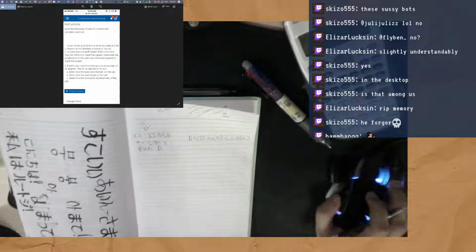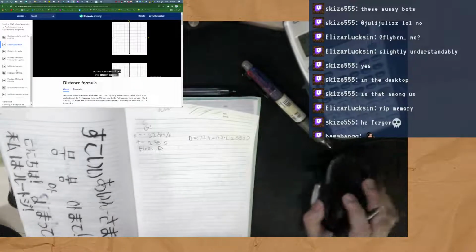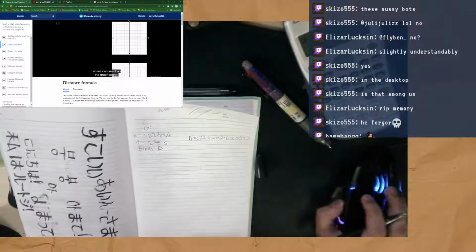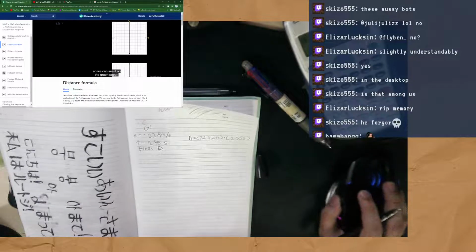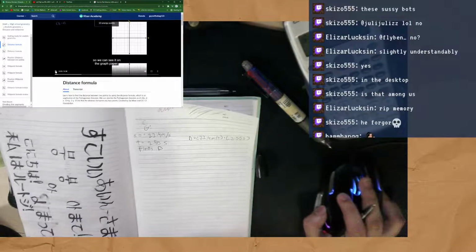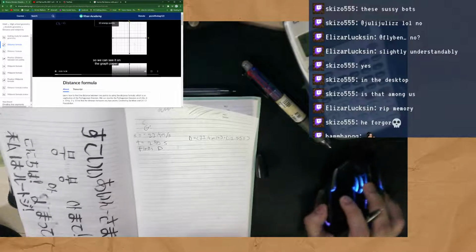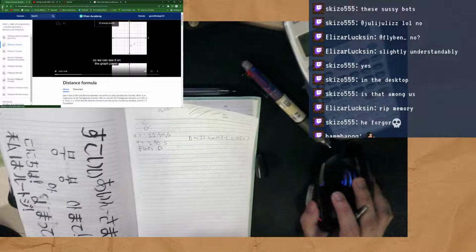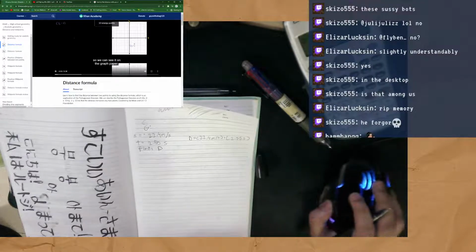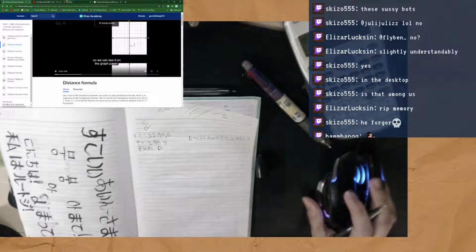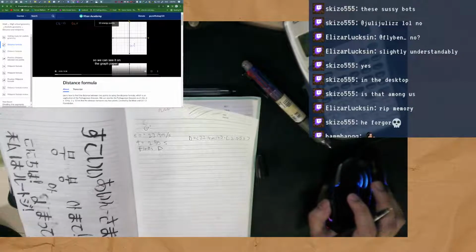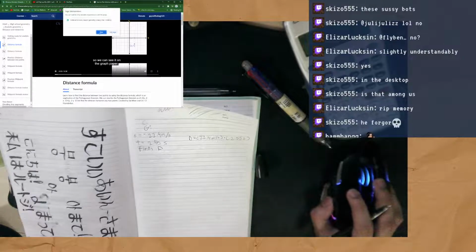Let's say I have the point, I'll do it in a darker color so we can see it on the graph paper. Let's say I have the point 3, comma, negative 4. So if I were to graph it, I'd go 1, 2, 3, and then I'd go down 4. 1, 2, 3, 4. Right there is 3, comma, negative 4. And let's say I also have the point 6, comma, 0. So 1, 2, 3, 4, 5, 6.